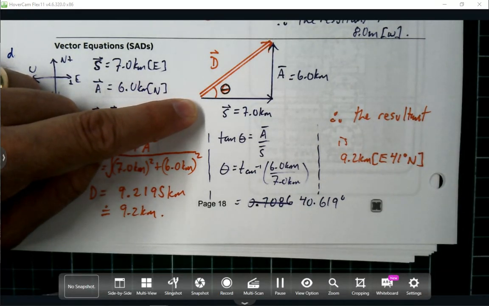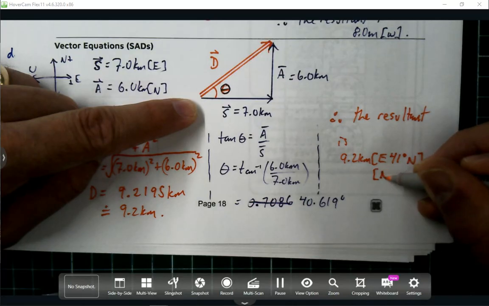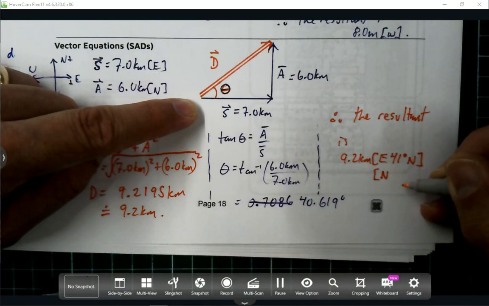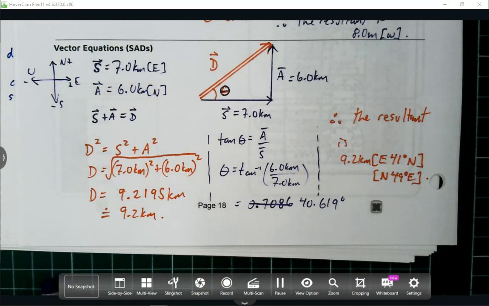Now, if you constructed your triangle differently, or if you're really committed to using north as the first one, for example, you might have said north. How many degrees east? 49? All right, so that's kind of the basics for adding up vectors in 1 and 2